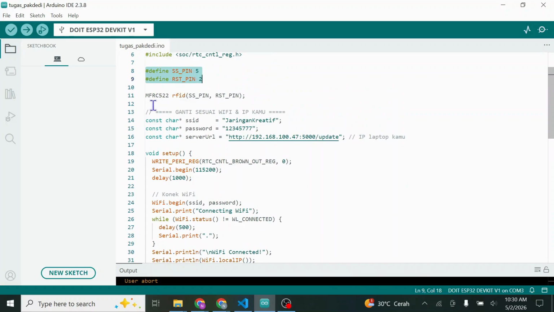And then here we set the Wi-Fi credentials and the server URL. I used my friend's Wi-Fi with the name Jaringan Kreatif, and the URL points to the local IP address of my laptop, where the web dashboard is running.